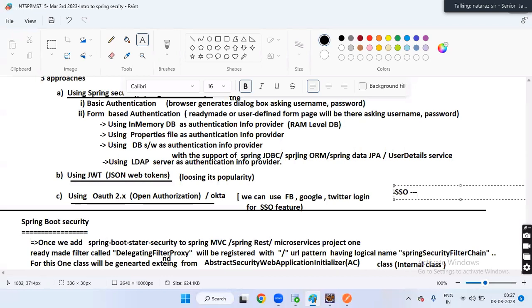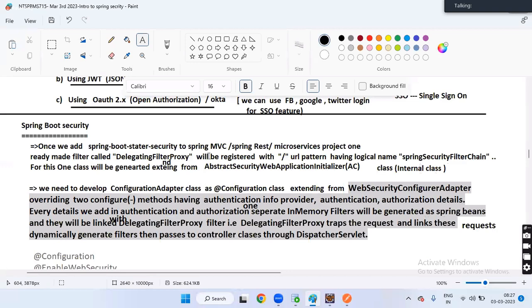Are you going to log in with every service separately with a separate username password? No, you log into your Gmail account and use the same identity to operate other services offered by Google. Single sign-on feature, boss.